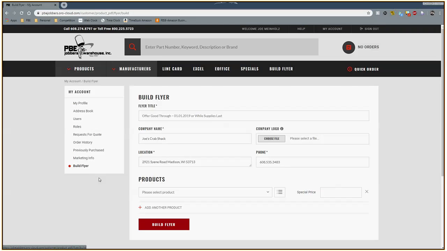flyer portion. On the build flyer portion, which you can access from the My account, you can also access from the build flyer area of the home page or any page, and also you can access it from the product page or the listing page or the grid view page. You can access build flyer from anywhere. In here you'd want to add in a flyer title,